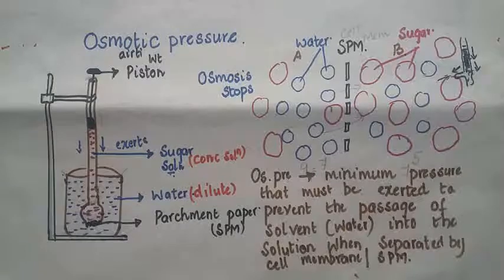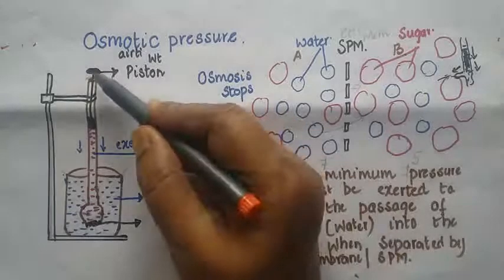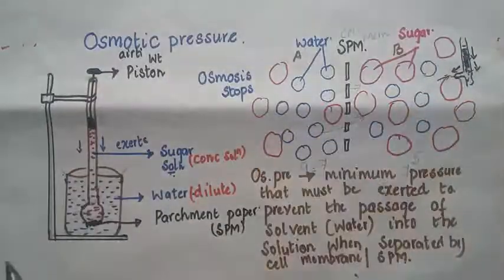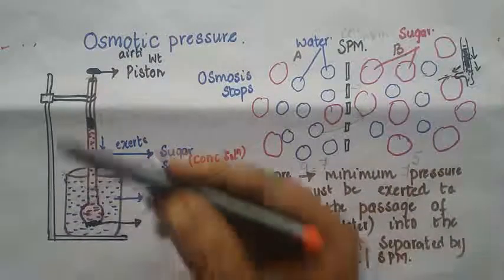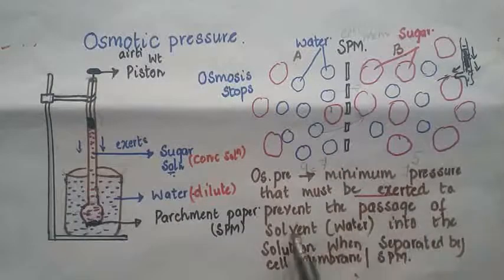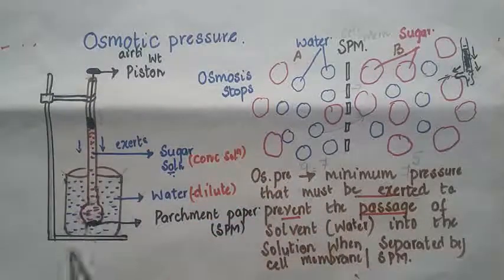Yes children, you have to write this definition as it is. There is one more definition given in the textbook. You are not going to learn that one, you are going to learn this definition, which can be asked for about 1 mark. So how do we define the osmotic pressure? Osmotic pressure is the minimum pressure, a small, light pressure that must be exerted to prevent